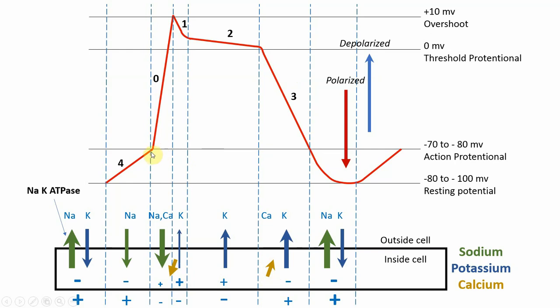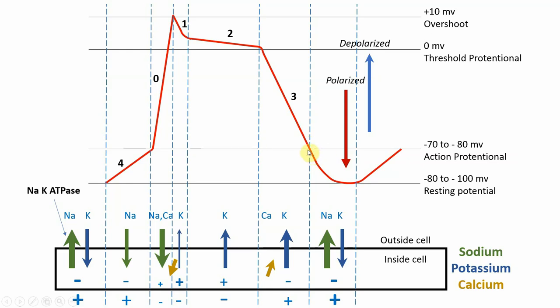Now we can say that at the end of phase 4 and at the end of phase 3, the potentials are the same, minus 70 to 80 millivolt. But there is a large difference. At the end of phase 4 there is initiation of action potential, meaning the cell has started giving you the action, whereas at the end of phase 3 there cannot be generation of action potential. We cannot go again for action by the cell.